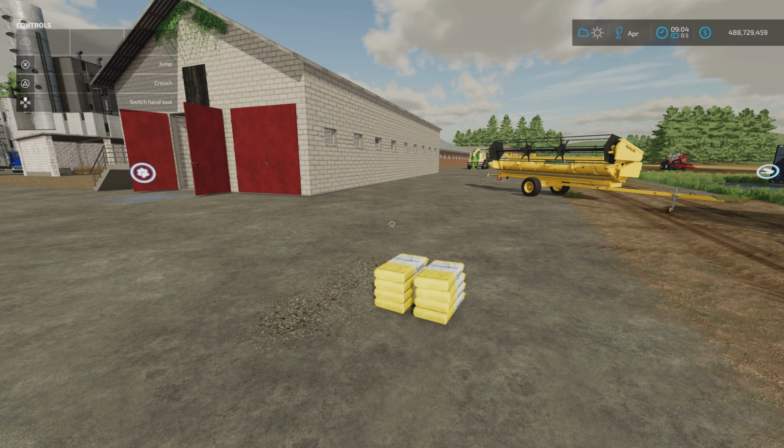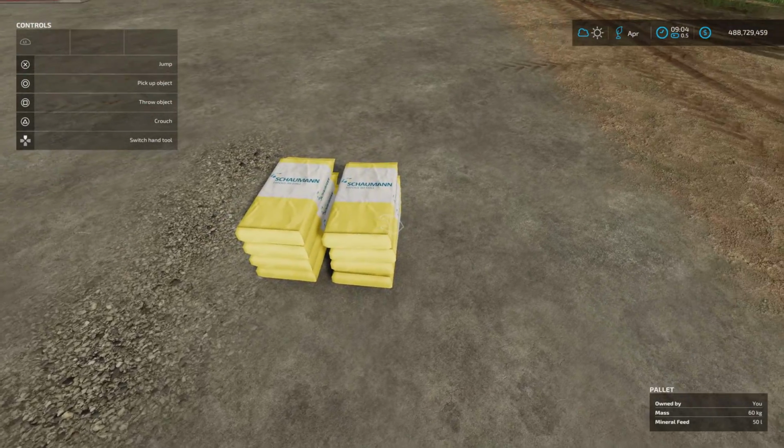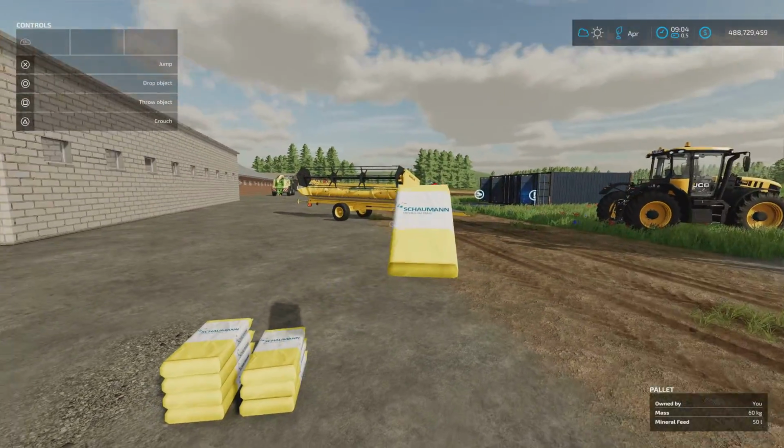Mods then. In front of me we have got the mineral feed 50 litres. Obviously I've got more than 50 litres there, but this is a 0.20 megabytes download. Each bag's one slot, it doesn't matter, it's one slot anyway. £50, euros or dollars for 50 litres. This is by Jelonek. So if you don't want to buy an entire pallet, if you just need a little bit of mineral feed, you can buy individual bags